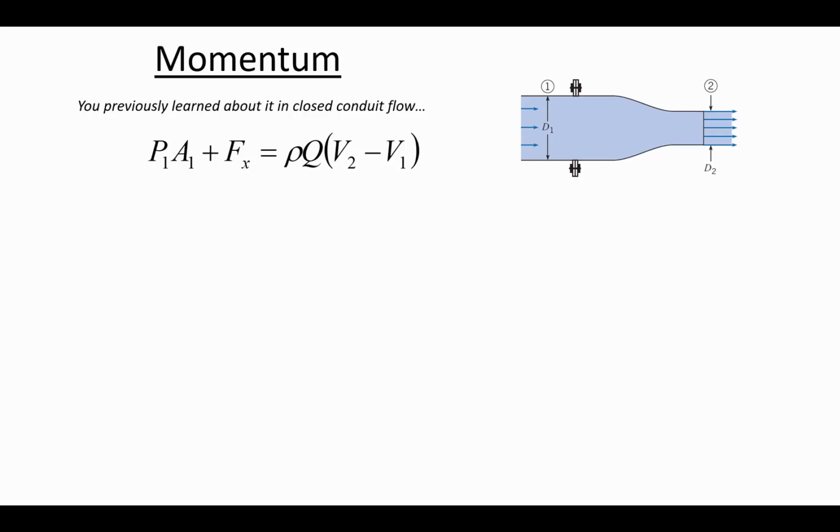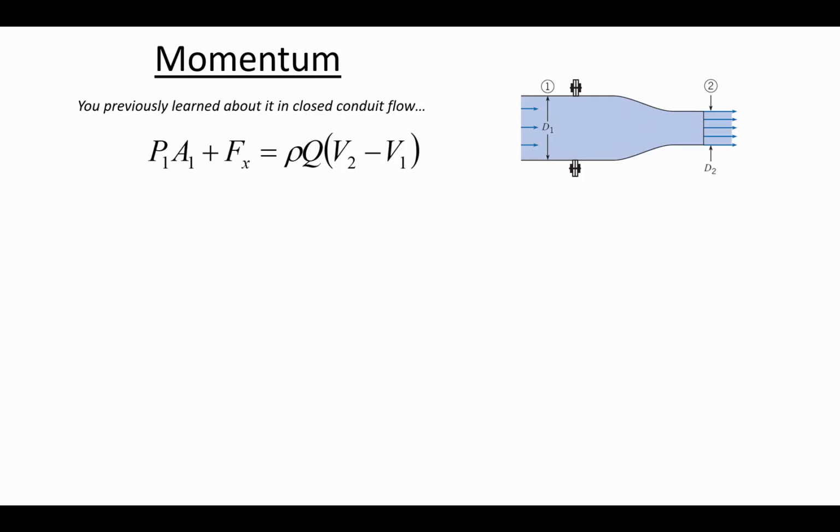So that's just a bit of where we've been and where we're going. Now, we've talked about momentum before. Last semester in fluid mechanics, we talked about momentum mostly from the perspective of closed conduit flow. So flow through pipes, we saw this momentum equation where we would treat any control volume